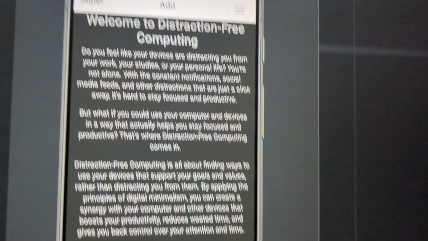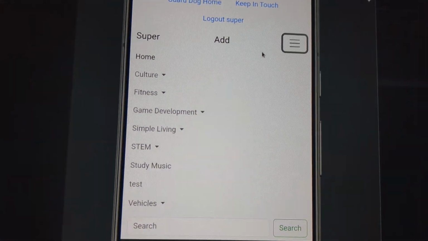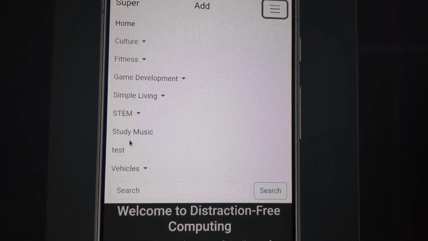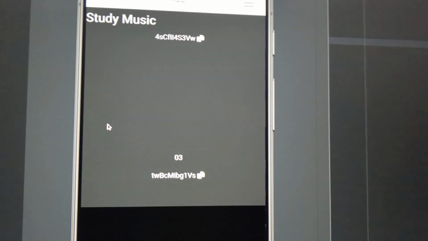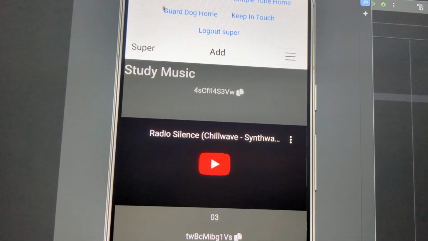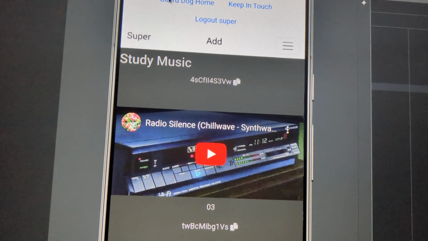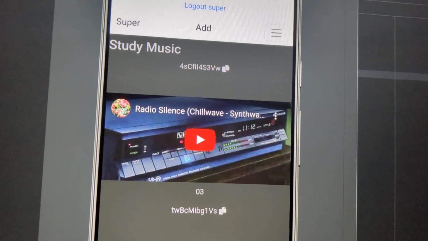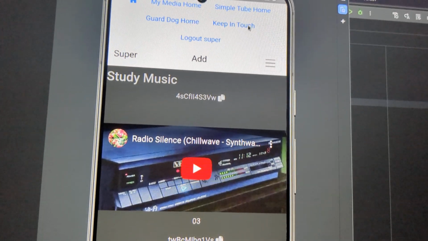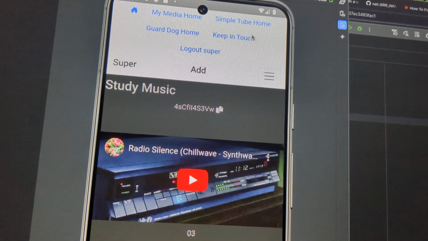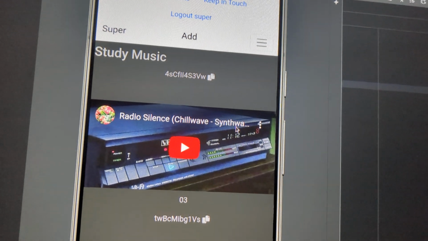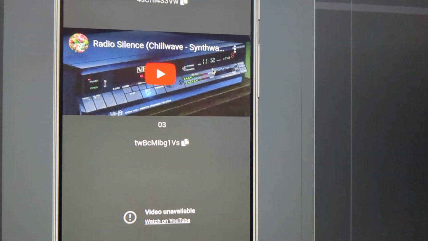We have this distraction-free app for YouTube videos. Basically, there will be a certain amount of categories and videos to start out, and there is a password storage application here, which I haven't talked about in detail yet, but it has some implications for keeping your home distraction free. And this is where the current app store lives, and with this update, I've just made it so that